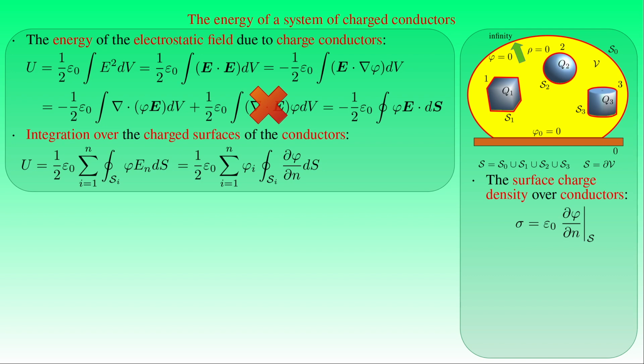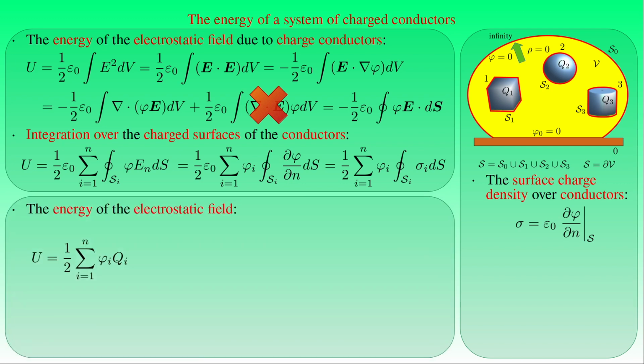By inserting this expression into the sum of integrals, we obtain the surface integrals of the surface charge density sigma I of the charge distributed over the boundary Si of the conductor I for I running from 1 to n. These surface integrals then give the total charge distributed over the surface of each conductor, and the energy of the electrostatic field due to the charges distributed over the surfaces of conductors is given by 1 over 2 times the sum of the potential phi I of the conductor I, times the charge Qi of the conductor I